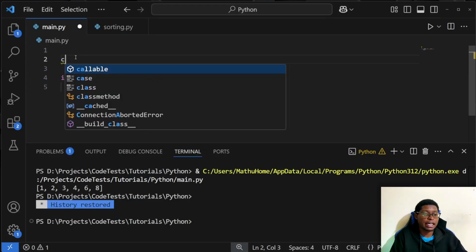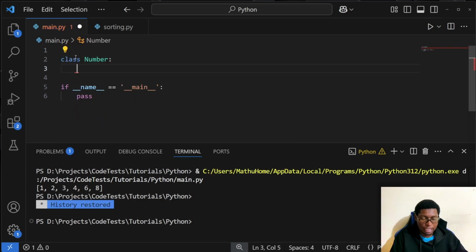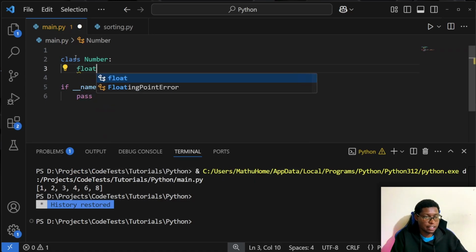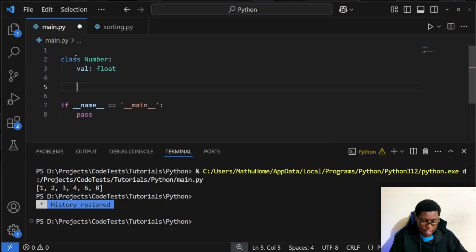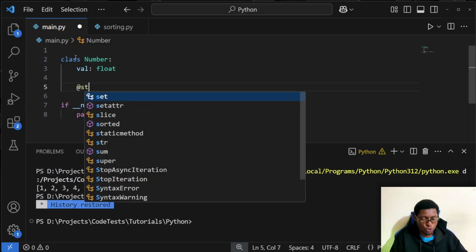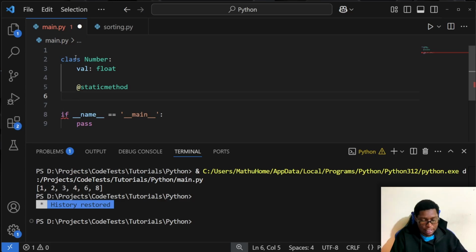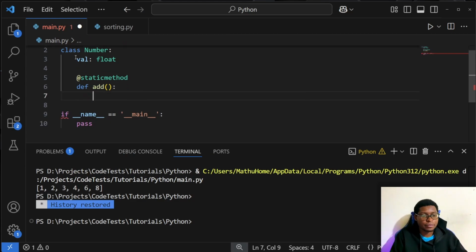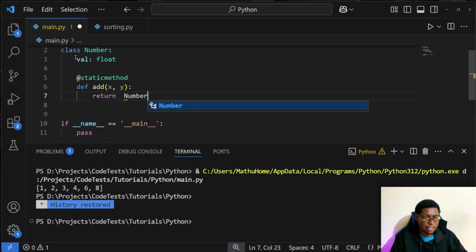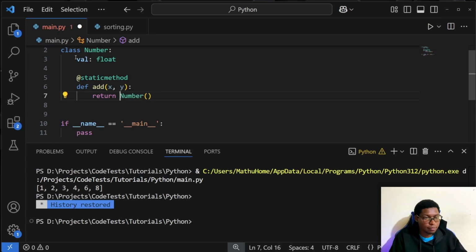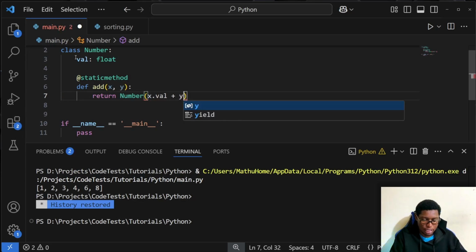So in Python, we'll create a similar case to what we've done in C++. We have a class called number, and then it contains a value that is a float, and then we'll have our static method. So how we declare a static method is this way: a static method that does the operation of adding. So we'll define add, and what this will do is it will take 2 numbers. So we'll have x and y, which we expect to be numbers, and then what we'll return is another number, which is x.val plus y.val,